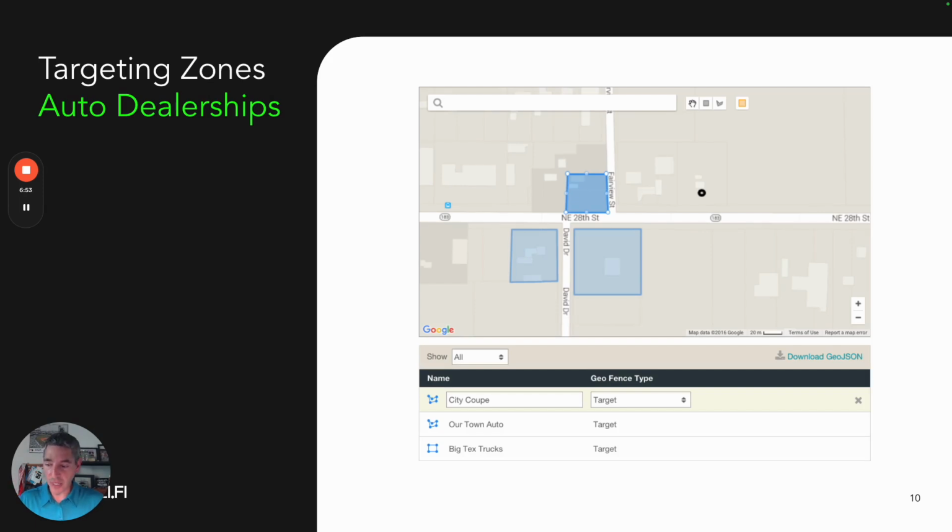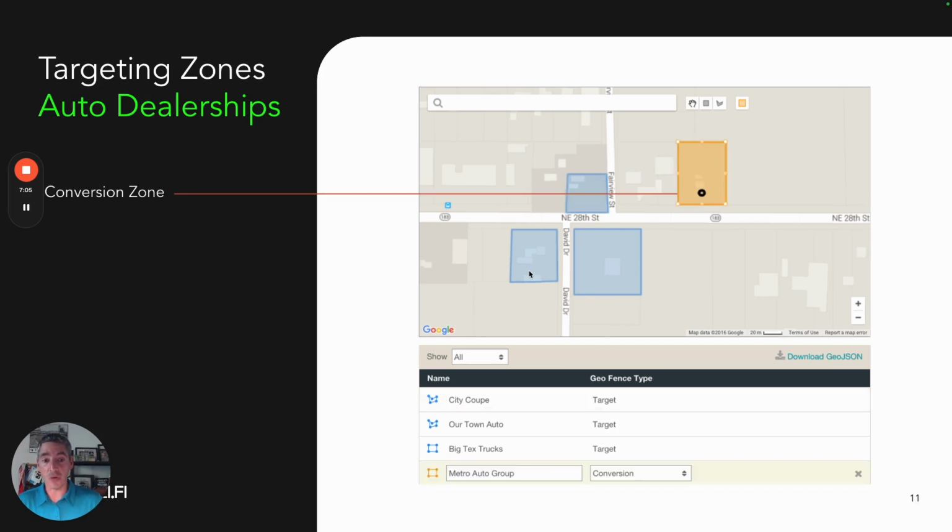So dealerships, as I mentioned, a lot of auto dealerships are tracking conversions, and they have multiple dealerships that they want to target. So this is just a simple viewpoint of 3 different target zones, and then we have the conversion zone. So if this is your dealership and people went to check out cars at other dealerships and then walked into your dealership, we can track that conversion point and show that the ads landed with people that are actually looking at your inventory.